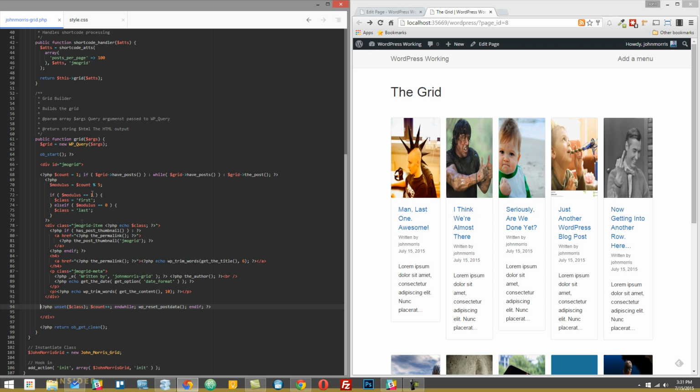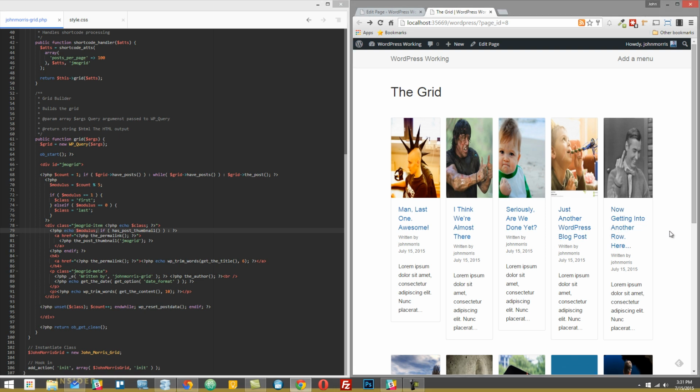All right, so this line opens the loop and this line closes the loop. Now inside of the loop, essentially for each one of these items, this is what we're going to do. First, we're going to figure out what's called a modulus. Now, I'm going to go ahead and inside here, I'm going to echo this modulus, and I'm going to show you what we're doing with this. So if we refresh this here,